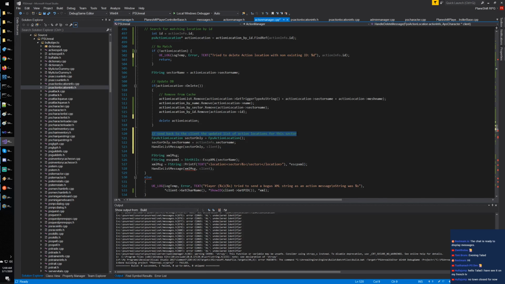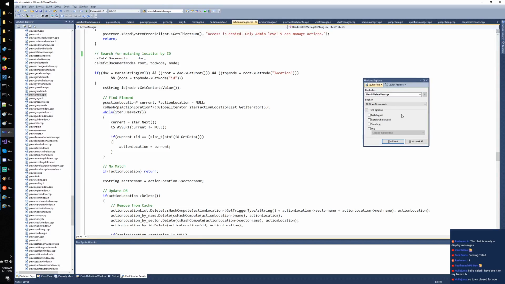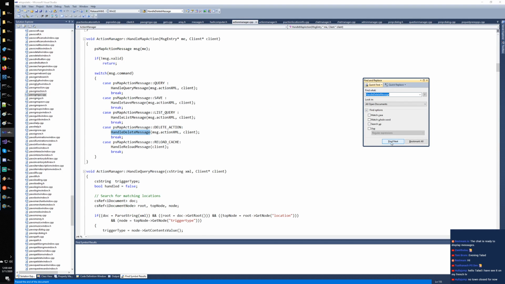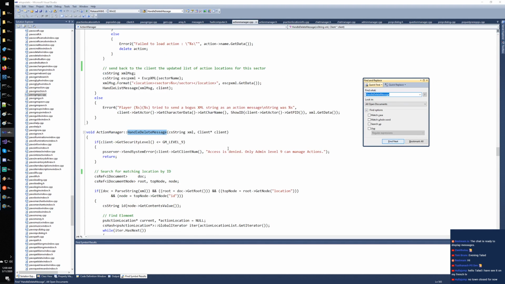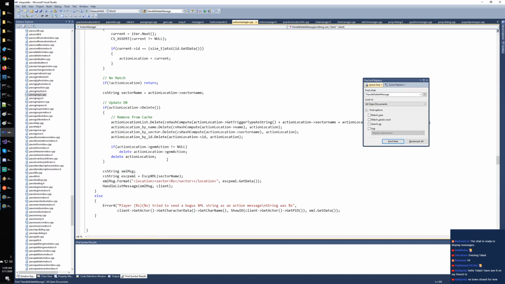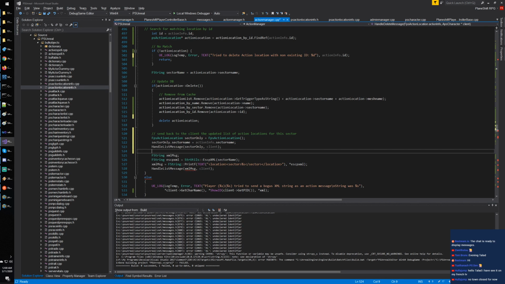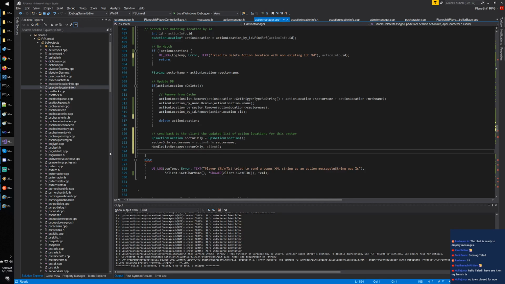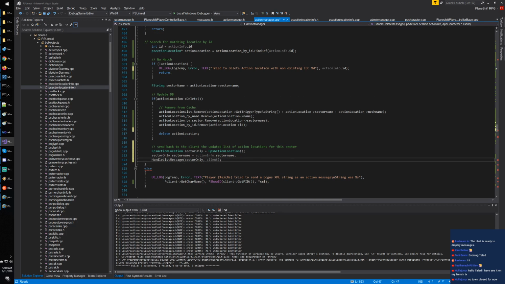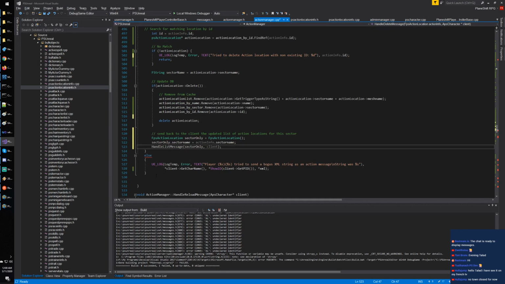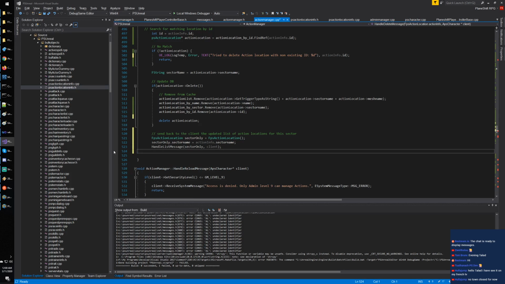Let me just add this comment in the old code as well, because one more comment is always better. And this one is not needed anymore. Okay, so we send back to the client for the sector that is in the action info. Okay, good. And this one, which is the bogus thing, doesn't exist anymore,